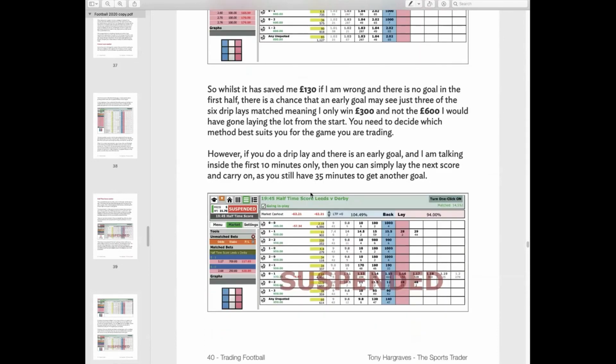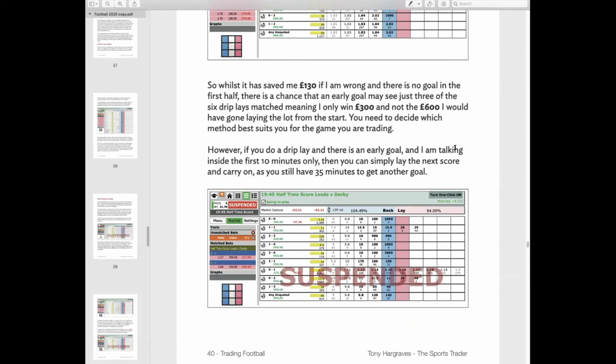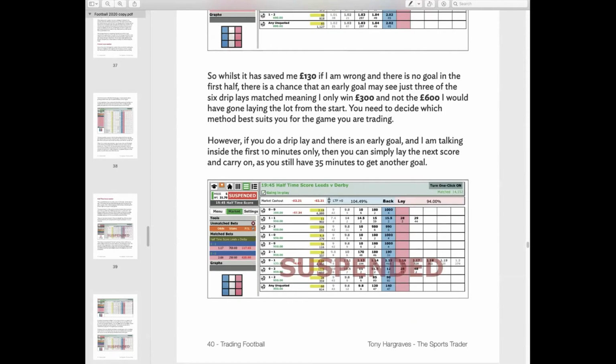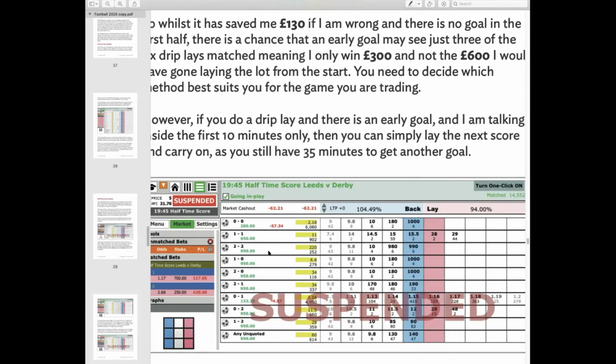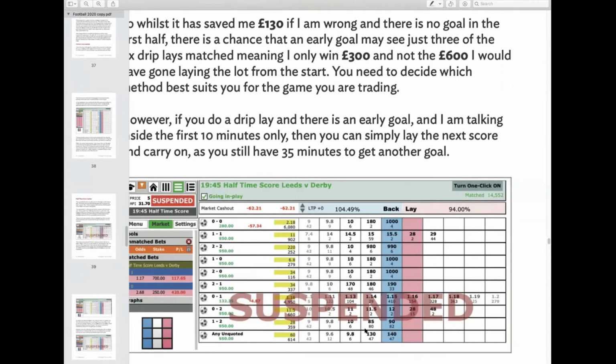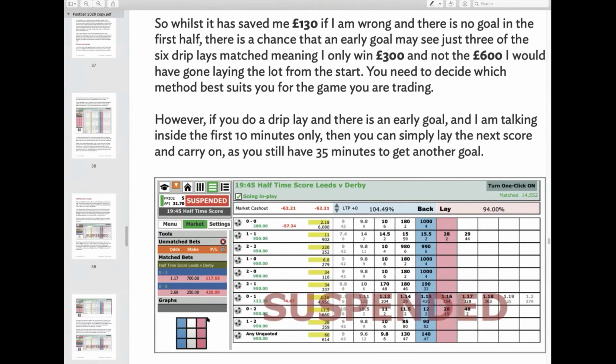That's me. But if you do a drip lay and there's an early goal, inside the first 5 or 10 minutes, you simply lay the next score and carry on because you've still got 35 minutes, which is what I've done here. You can see I've laid the 0-0 at 2.68 for 250, and then I've put the 0-1 in at